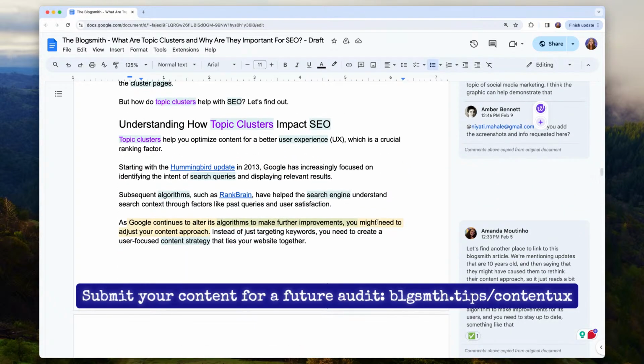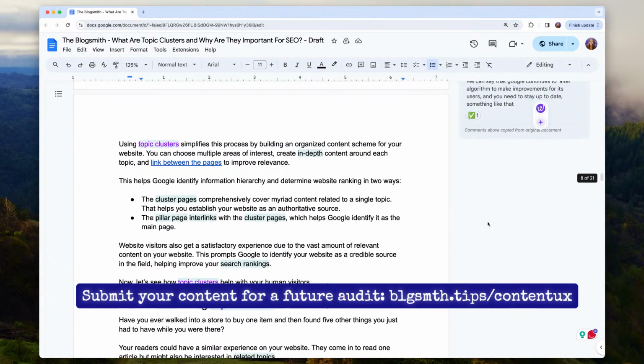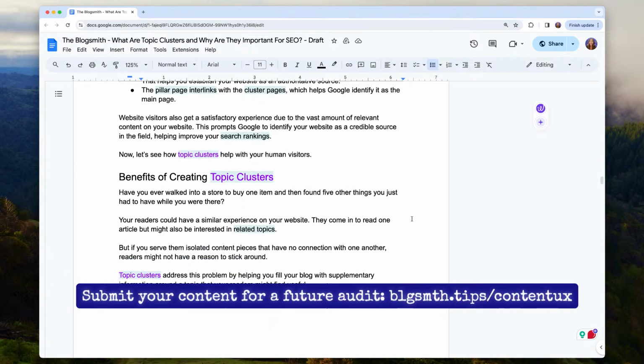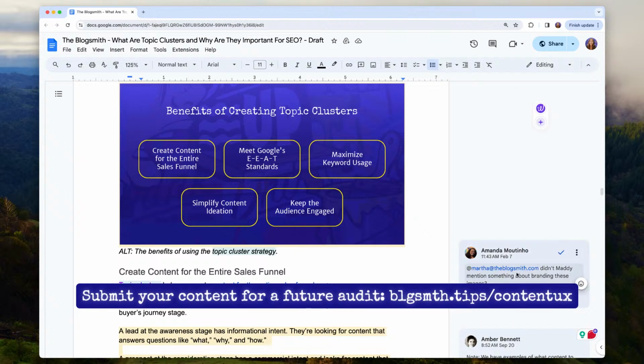Okay, so continuing to go here, just making suggestions for where to link certain articles that give context. Again, when it comes to SEO, we always want to be thinking about what the most relevant links to include are, both in terms of external links, but also our internal links. Continuing down here, again, representing the client, maybe there's more to this image that should be included. Are we making sure that it's on brand with the other images on this page?